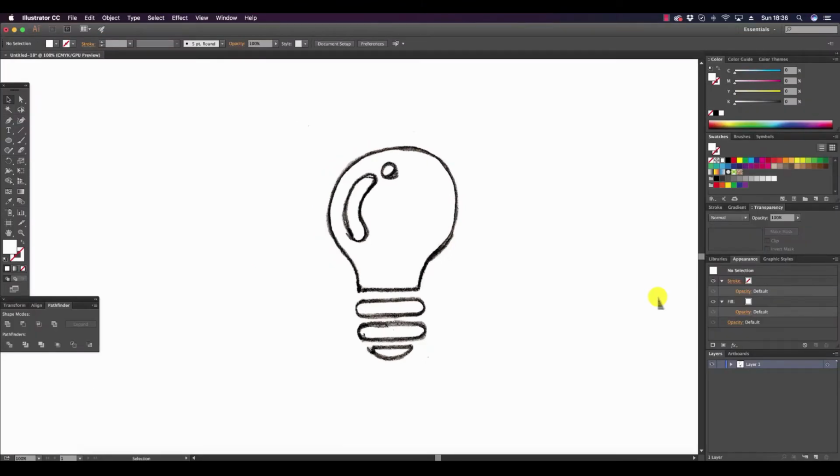So here's a less than perfect but adequate sketch of my light bulb, and we're now going to proceed to convert this into a vector icon. So I'm going to go ahead and select the pen tool to begin, and I'm going to select red as a colour. Now if we look at the shape, the most logical thing to do first is to draw a circle over the bulb. So selecting the ellipse tool, I'm going to hold Shift so that we draw a perfect circle and not an oval, and I'm going to go over the sketch with the circle